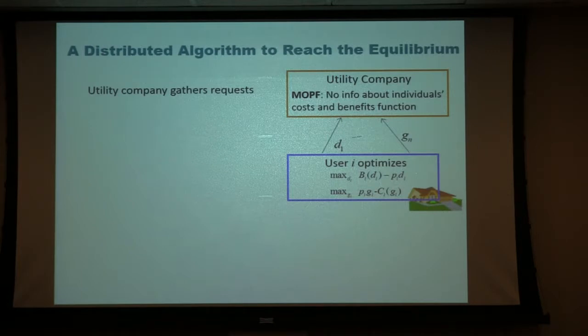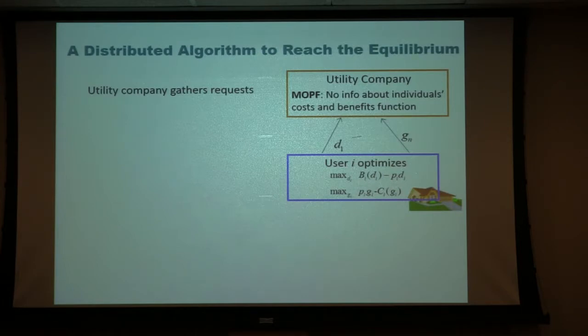Probably I know what I'm going to do if you give me a price, but I don't know my entire benefit function. Given a price, I know what I'm going to turn down or turn off in my life. That's why I put in these various scenarios. For this one, you can think of it not as exactly a mathematical optimization problem, but more as: if you give a price, what is the person going to do? That's roughly the structure.